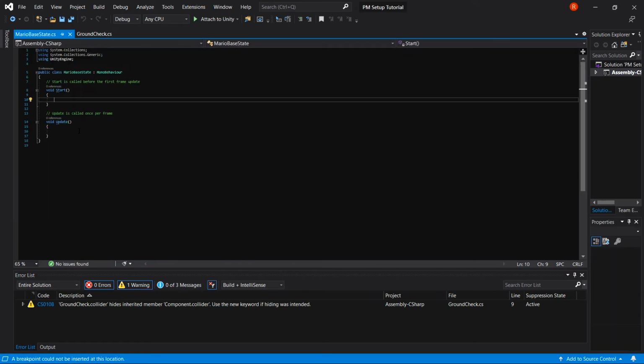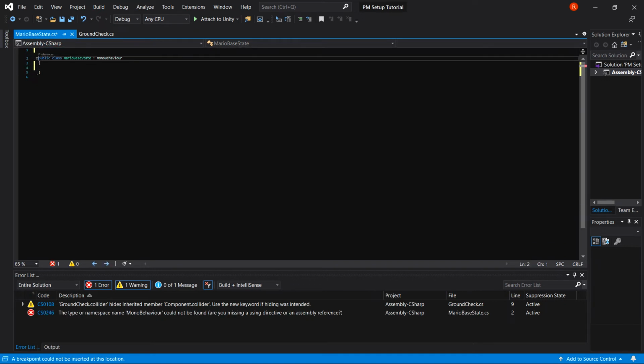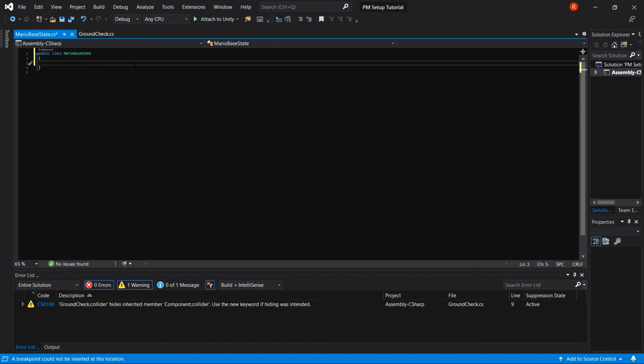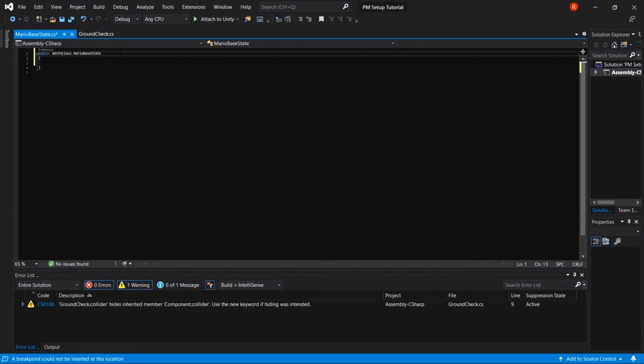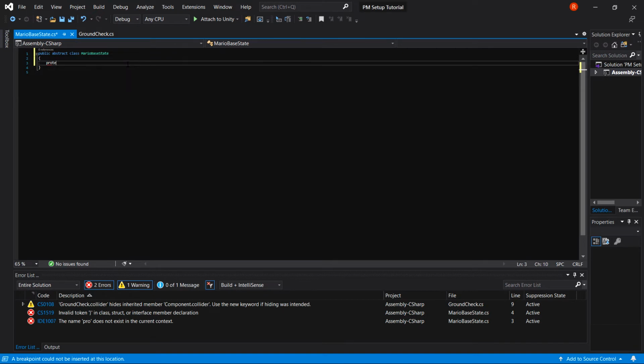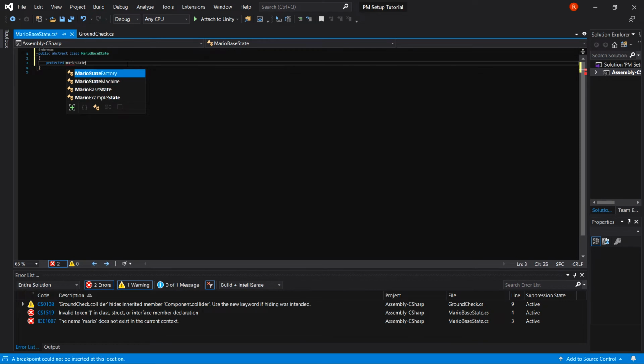So the first thing we're going to do is open up our Mario Base State. Once we're in here, we can go ahead and get rid of the update and start methods, and we can also get rid of the using namespaces at the top, and we can also get rid of MonoBehaviour. And we're going to change this to say public abstract class. And within it, we're going to create a protected Mario State Machine